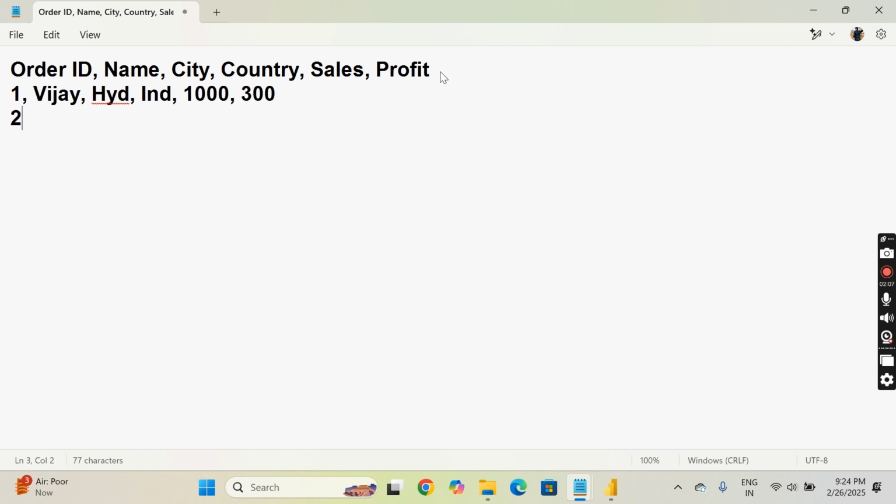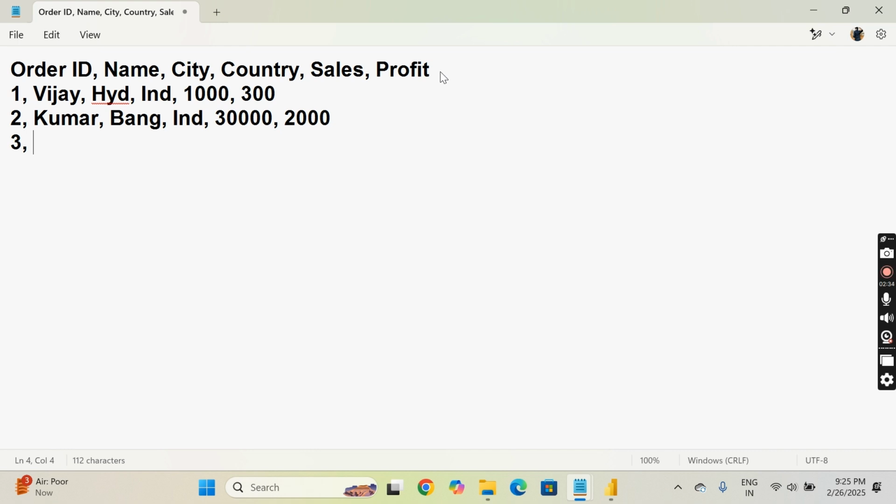On the second data that I am giving, order ID two and name Kumar and the city Bangalore and country India and sales 3000 or 30,000 you can give and the profit is 2000, and third ID,